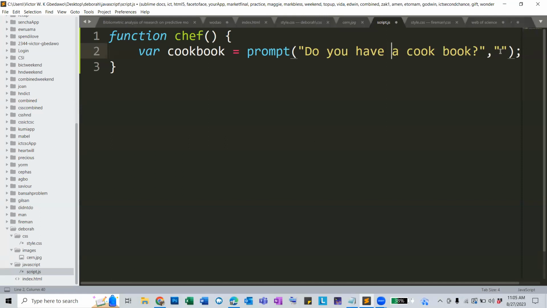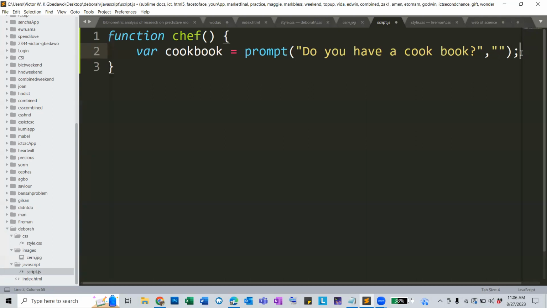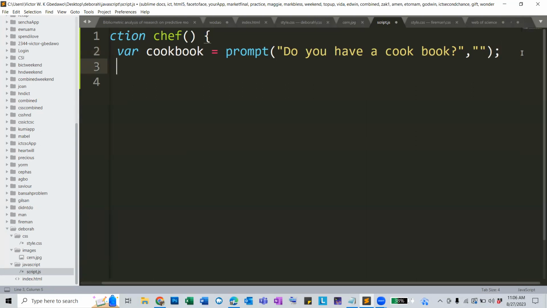Now, the expected response here will be what? Yes or no? Yes. Good. Since it's going to be yes or no, why don't you program for that, so that it will be able to catch that yes for us here? So we say that if cookbook